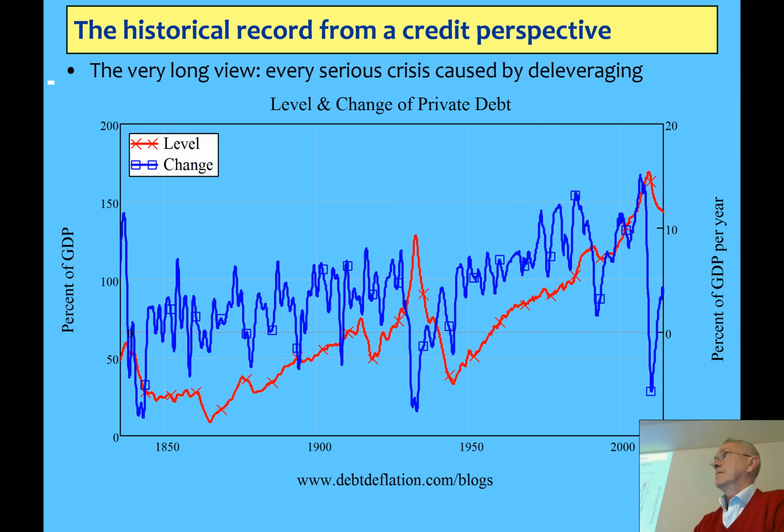Because if you theoretically do not postulate the connection between credit and income, then you cannot understand deleveraging at all. Once you understand the role of credit in income and expenditure, then you can understand deleveraging. Which is why I've been doing this for so many years.